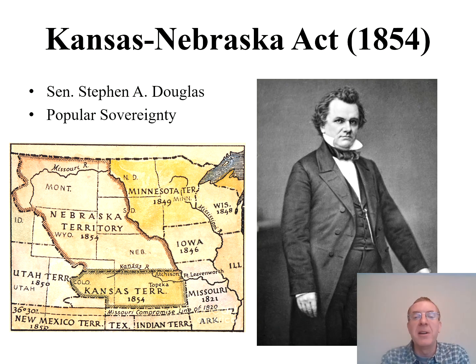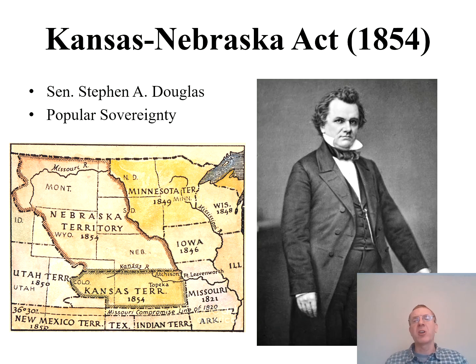All right, now 2 years later, we still got to figure out about what to do about not just this land acquired from Mexico, in addition to the New Mexico Territory and Utah Territory, but we've also got to figure out an area that had been referred to as the unorganized territory, which is north of the Missouri Compromise line. And of course, that should therefore all come in as free states without any dispute whatsoever. However, you had a senator, Stephen A. Douglas, senator from Illinois, who decides he has this new idea that would forever solve the dispute over slavery,